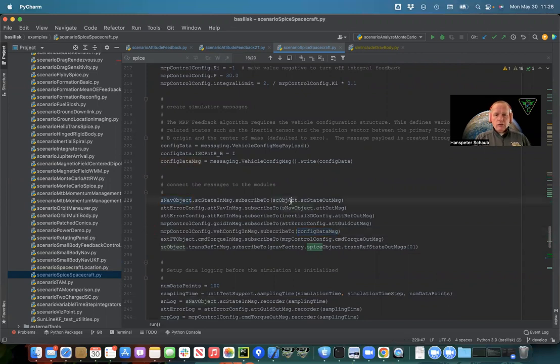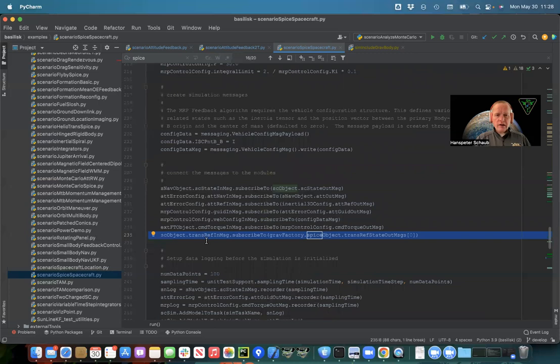Simple nav is connected to the spacecraft object state output. But now what's different in this one is this line. You can see here, spacecraft object trans ref in message subscribe to Gravity Factory Spice object. So the Spice object has these output messages which tell us where's Earth, where are the other planets if we